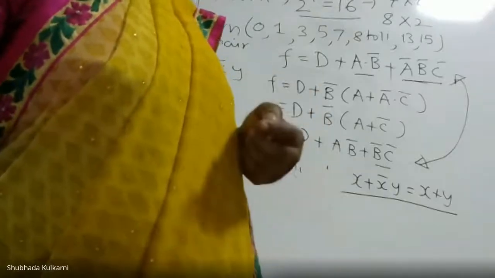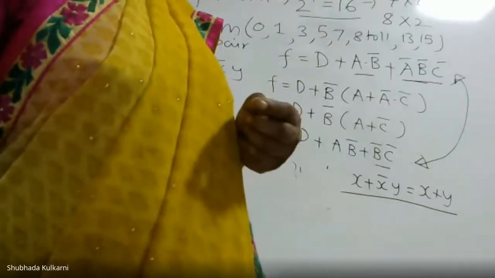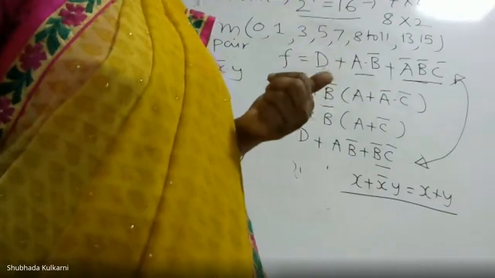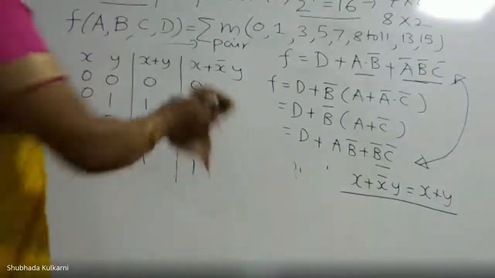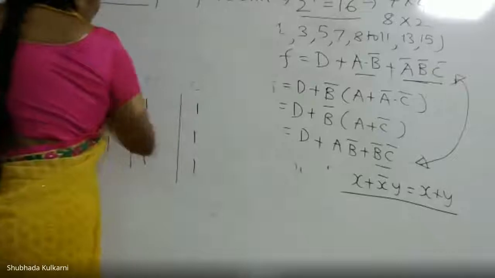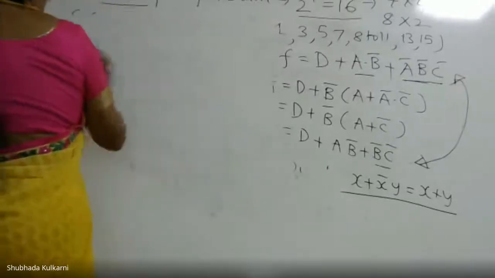Ma'am, I think he doesn't understand how we number the boxes. If he doesn't understand that, how can he mark them without writing the numbers? No, you should understand the position of the boxes because you know the variable values A, B, C, D. One more example I will take, with 3 variables only.